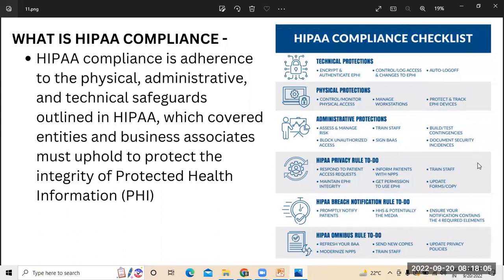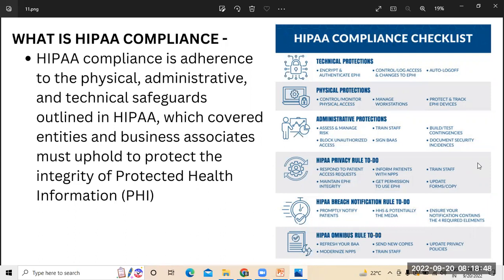There is another protection which is called administrative protection. In this administrative protection, we need to assess and manage the risk involved in managing the systems, right? Because administrative activity is a back-end operations activity which has to be taken by the people, but of course we need to train them for sure. So how to operate, how to manage and use it, all this training has to be imparted to those people. Hence, assessing and managing risk is essentially important under the administrative activities.